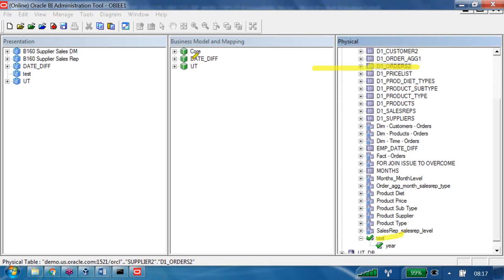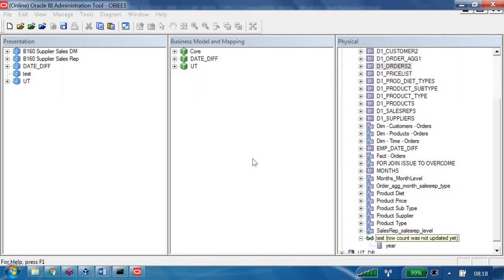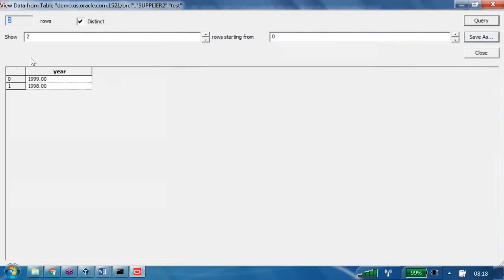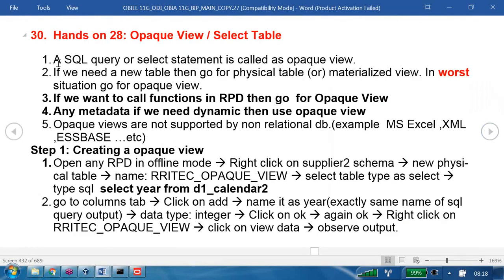This one is directly coming from the database. This one is coming from one SQL query, and that SQL query result is making this table. Excellent, now we understand it. Is it really working or not? To check, I right click on test, then view data, and I am able to see the data. That means it is working. Now I understand